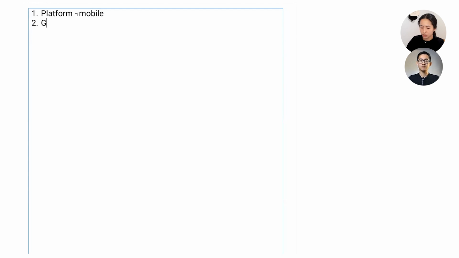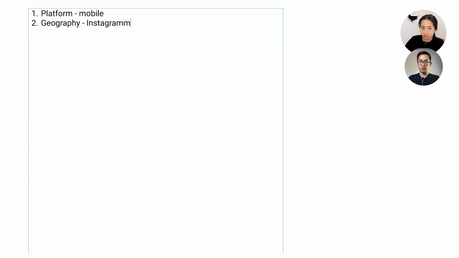Cool. Now looking into geography, are we targeting a specific city, a specific market like Latam, APAC? Are we targeting Instagrammable cities, suburbs? And I think, from a PM point of view, it makes sense for us to actually go after Instagrammable cities like New York City. Does it make sense for us to go and target that? Just because, again, when we launch this improvement, we want to make sure we impact the most number of users of our platform. Yeah, that's a good way to think about why we might want to tackle New York. We can start here, cities like New York, and then expand the scope if we have time.